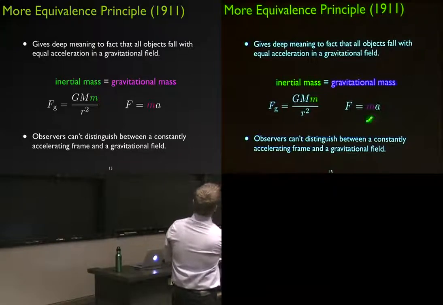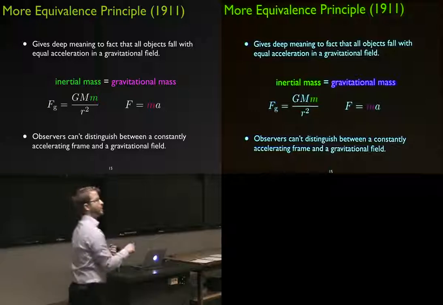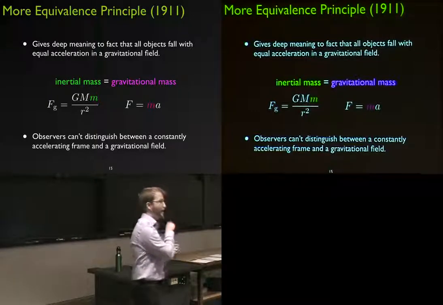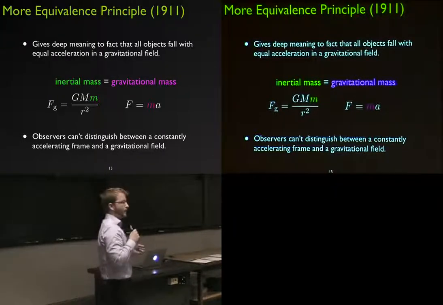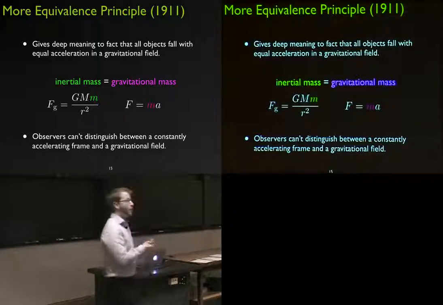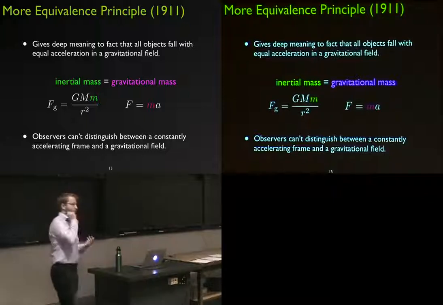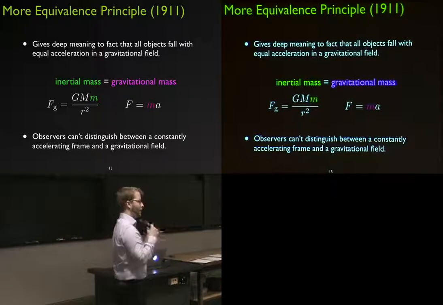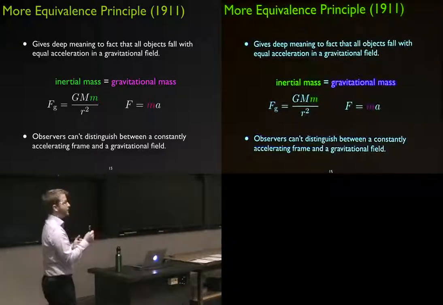And that seems experimentally to behave exactly like the mass that shows up in Newton's second law, which says that the force on an object is proportional to the mass and the acceleration exerted on it. Those two m's seem to be experimentally the same, but according to Newton's theories, there was no deep reason for that to be. It was just an experimental oddity. But in making that claim that you can't tell the difference between something undergoing acceleration and something in a gravitational field, that makes those masses fundamentally the same.